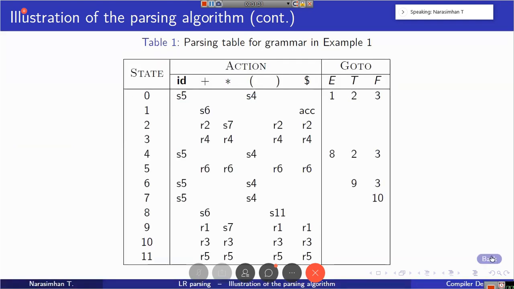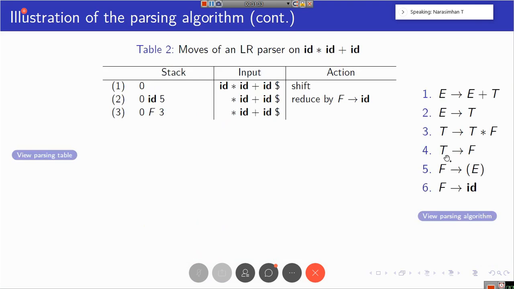What you need to do? Left hand side as well as the go to entry will be pushed. So F and 3 are already popped, 0 is there. T and 2 will also be pushed. Notice that here in the reduction operation you are not touching the input. The input symbol remains as such. Only in the shift operation the input symbol will be consumed. No symbol will be consumed in the case of reduction operation.